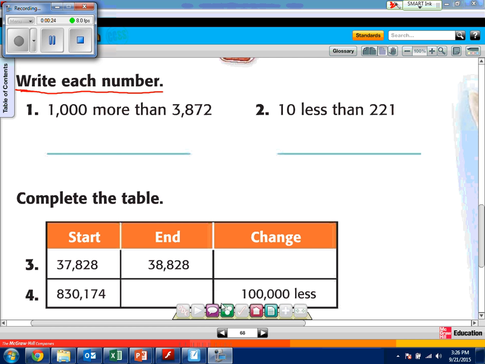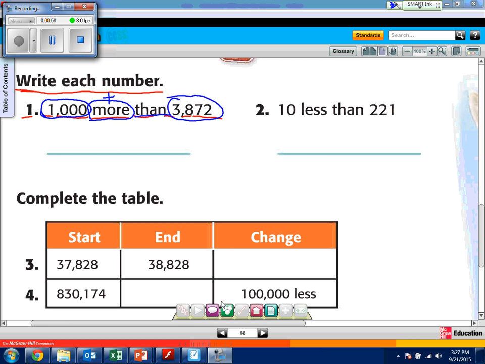And if I look down here at number 1, notice it says 1,000 more than 3,872. Now, there's a lot being said in this little sentence I want to show you. The first thing is I want you to notice the number 1,000. So we got to get that in our head right now that we're going to be dealing with the thousands place. But then I want you to notice this word more. That's telling us that we're going to be adding. We're going to be doing some adding. More than what, you might ask? More than